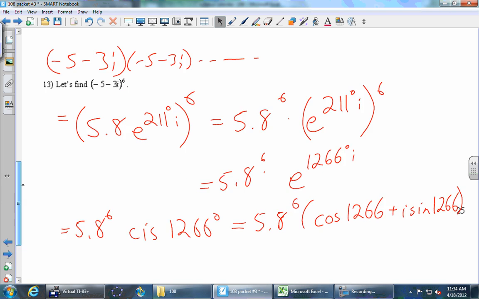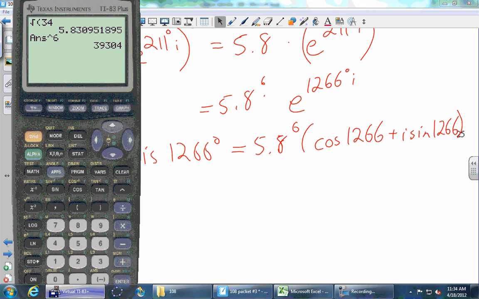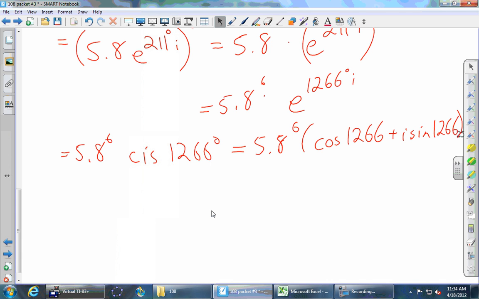Not particularly. If you had done this the really long way where you expand it all out, everything would have been nice numbers, right? Wouldn't have gotten any fractions at any point. Okay, so as long as you use the calculator to its fullest, you'll get the right answer. So that's 39,304, that's fine. So this is 39,304